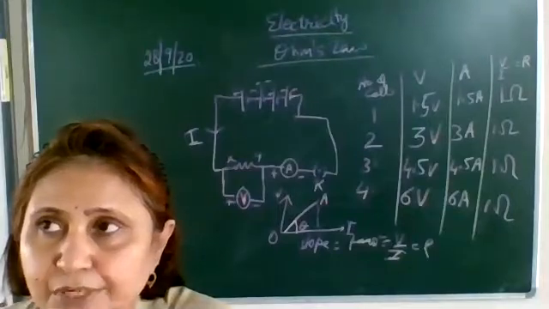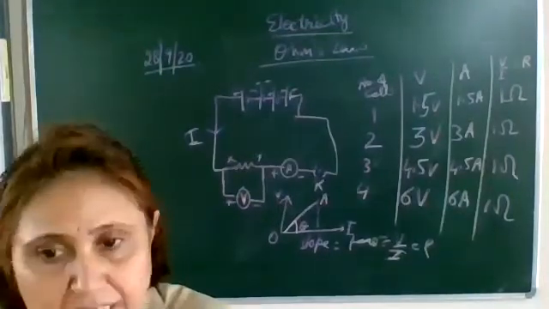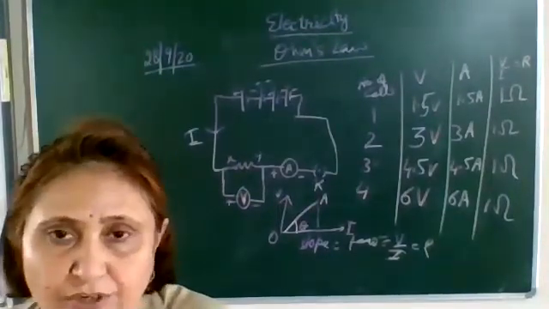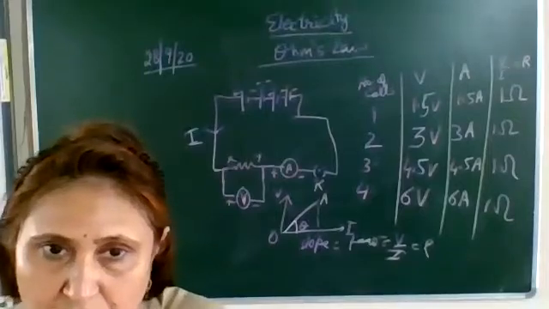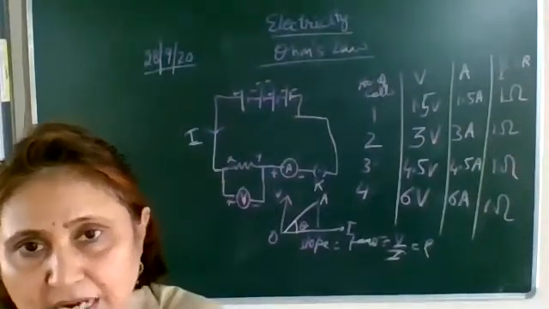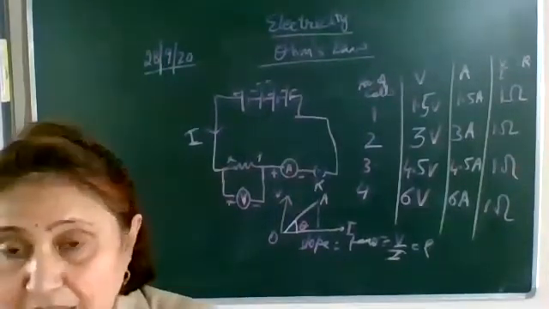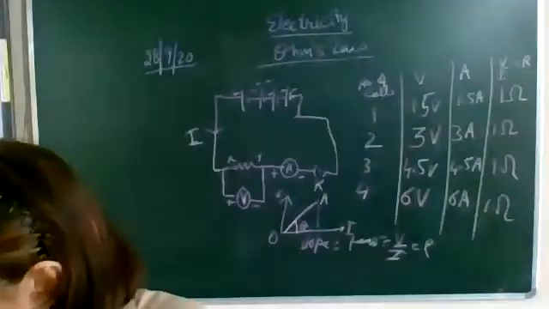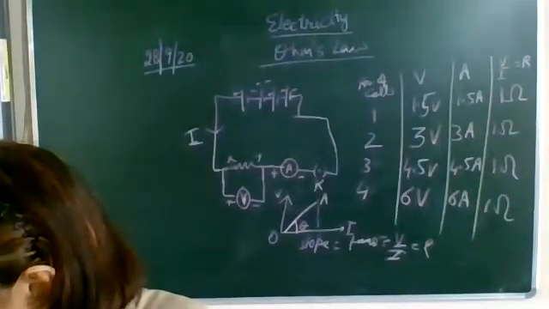What is that component? Rheostat. It's a variable resistance called a rheostat. So the resistance can be changed and the current can be regulated without changing the voltage source. So write down. Next question.